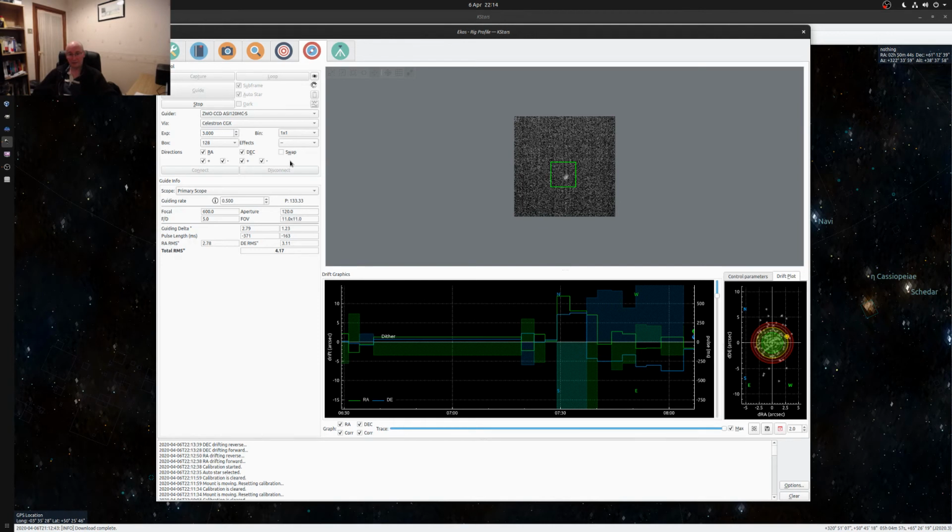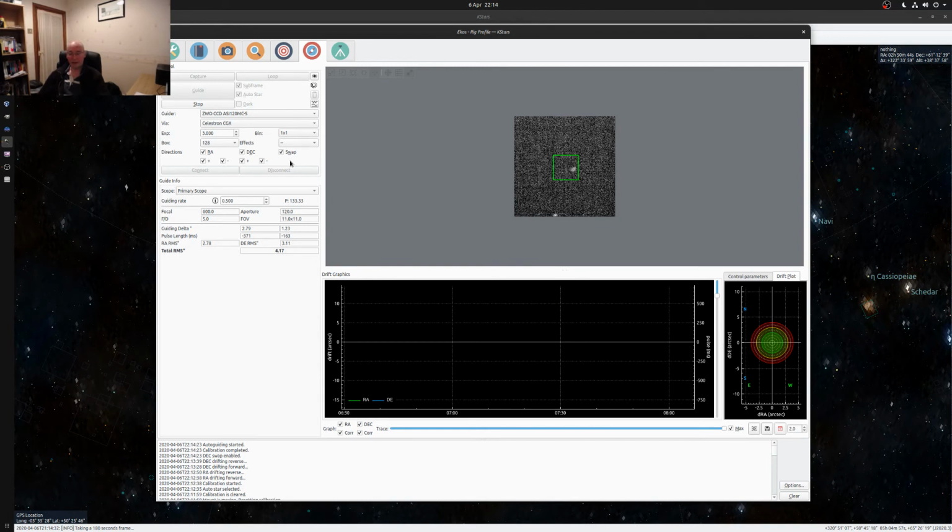So the light that comes into the off-axis guider is just a little mirror in the imaging train that sends a portion of the light, a very small amount of it, up to a guiding camera, and what this is doing is finding a star within that off-axis guider and hopefully tracking it, and then this software talks back to the mount and says, look, this star is moving too far in this direction, too far in that direction, adjust accordingly, so that when you take a long exposure,